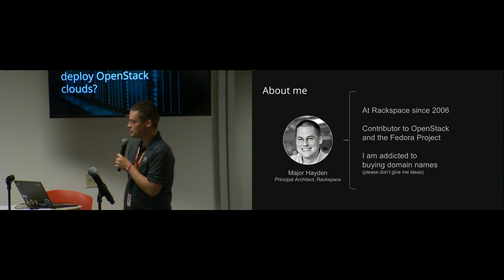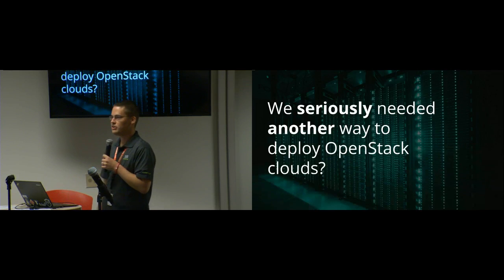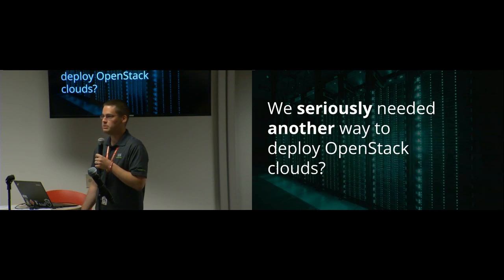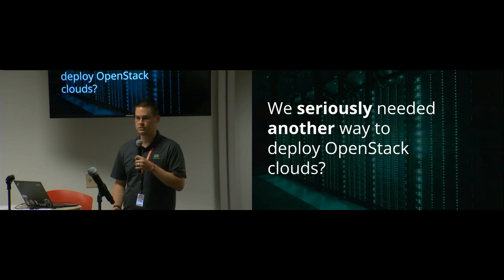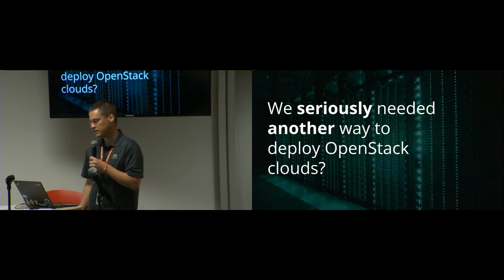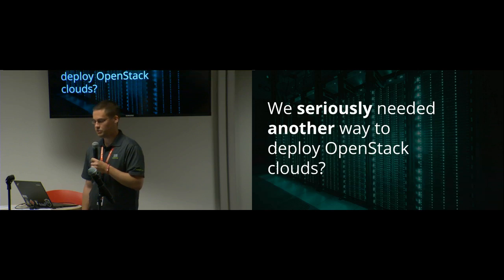All right. So the big question is, did we seriously need another way to deploy OpenStack clouds? We already have Chef recipes out there, multiple versions of those. We already have Puppet modules out there. Different companies have put those out, Puppet themselves have put those out. We have some versions that are more vendor specific. We had Packstack at one point. We have TripleO and some other things there. And then we have some other OpenStack projects like Kolla or Fuel that do deploy OpenStack in different ways.